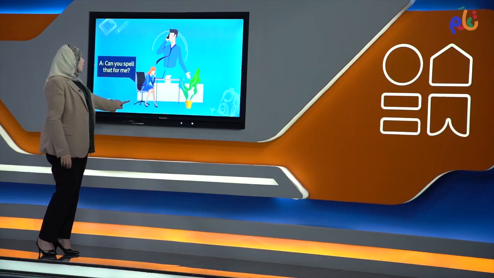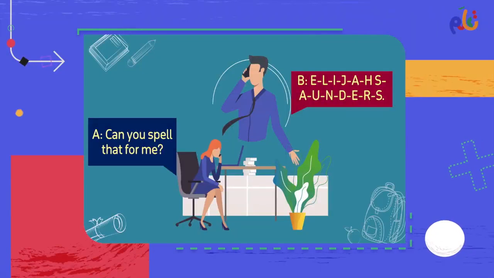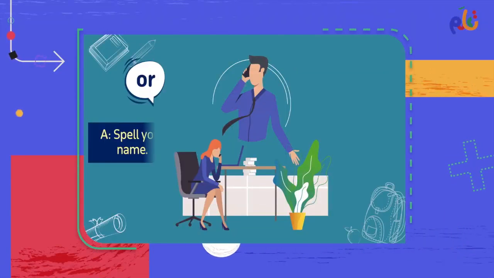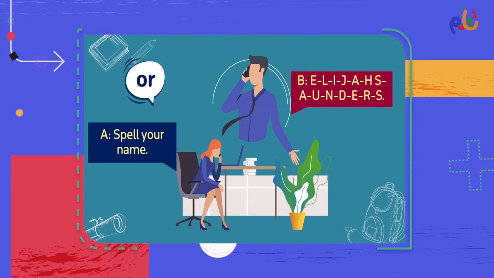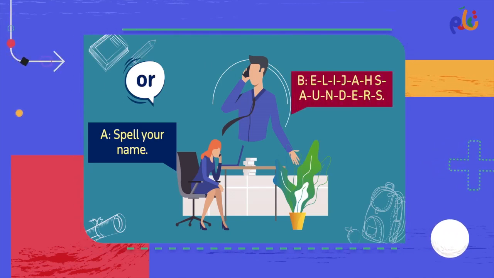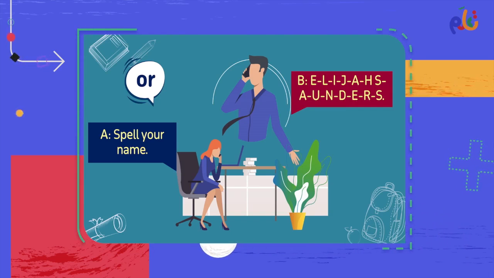And when you repeat something, you say, it's Ahmed. Sorry, who's that again? Sorry, can you repeat that? It's Ahmed. Don't say Ahmed. Don't say Hiba. So we don't say the name like that. We say it's, to sound politer. Can you spell that for me? And here we have the spelling. Or spell your name. So do you think it's nice to say spell your name? It's not very nice. So instead, can you spell that, please?